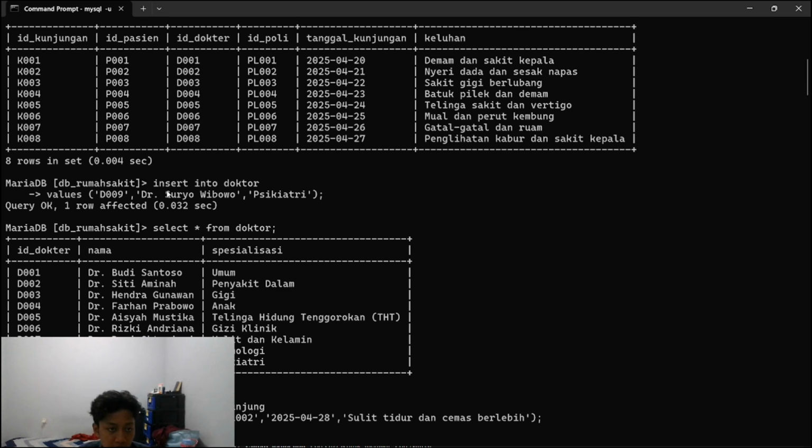We use INSERT INTO as the command, and then doctor, which is the table's name. Then we write VALUES, and this section is where we fill in the new data that we want to add to the table.